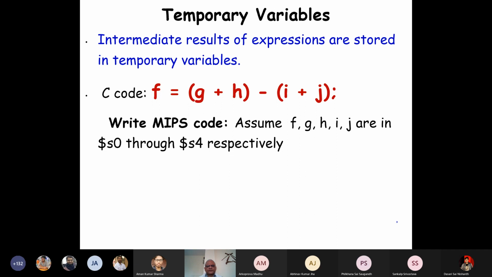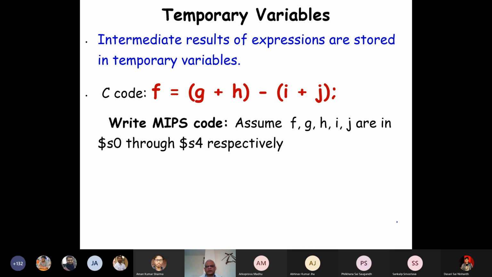So basically, you'll have to do G plus H, that is S1 and S2, and store in a temporary register. These are saved registers. We use temporary registers for the temporary values coming out here, which we will discard immediately after. Okay, I think some have written on the chat.